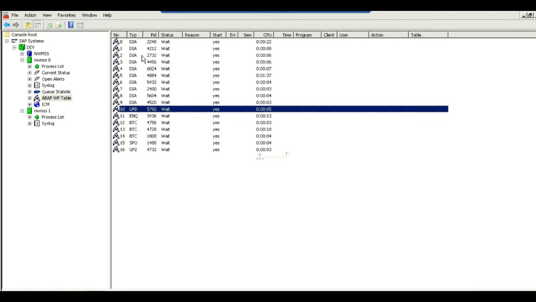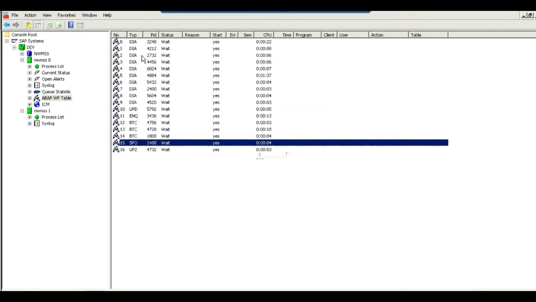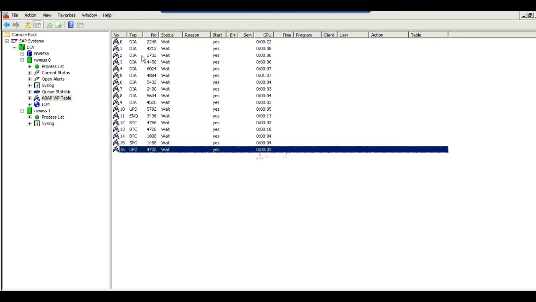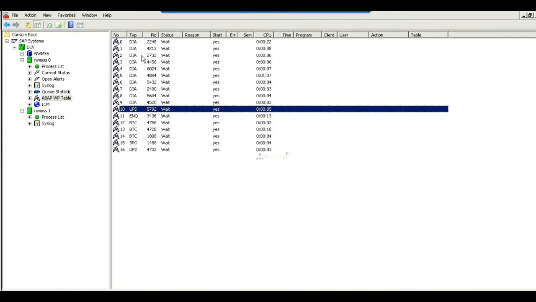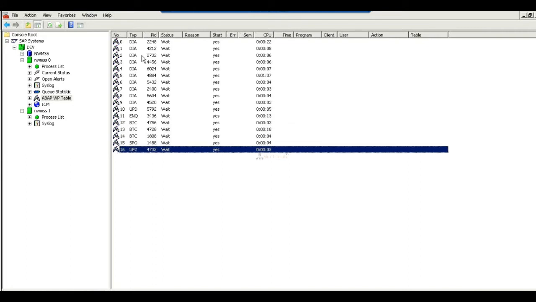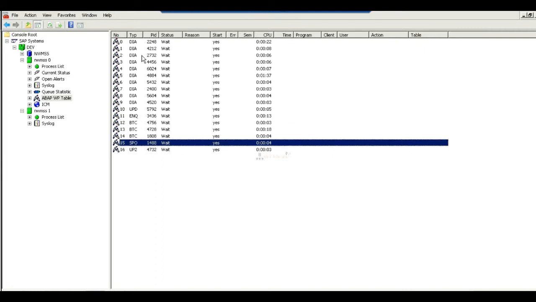UPD, update work process. UPD2, update work process. We discussed, right? We have 2 different types of update work processes, critical and non-critical, right? Yes, V1, V2. This is the V1 and this is the V2. And SPO, what is SPO?